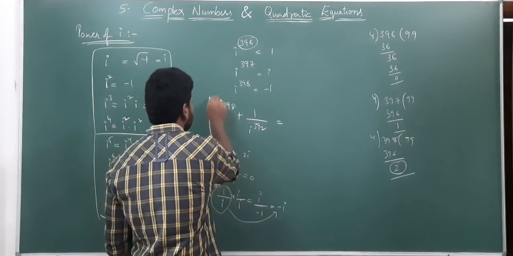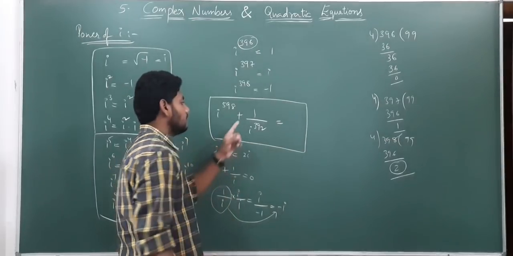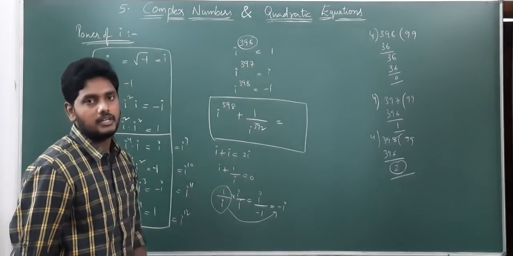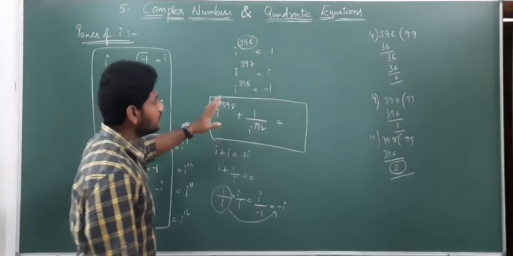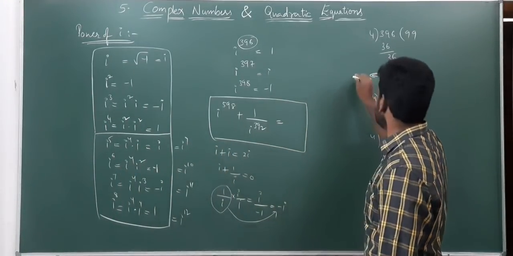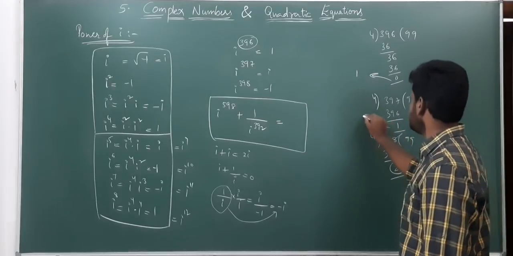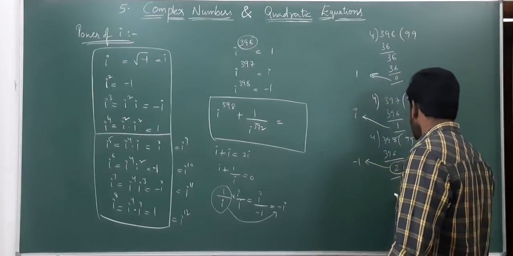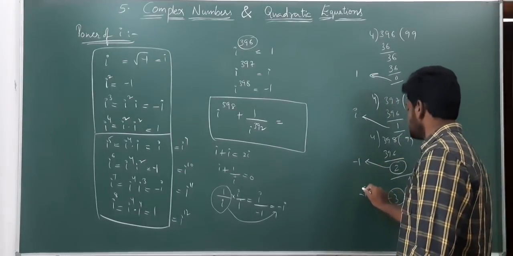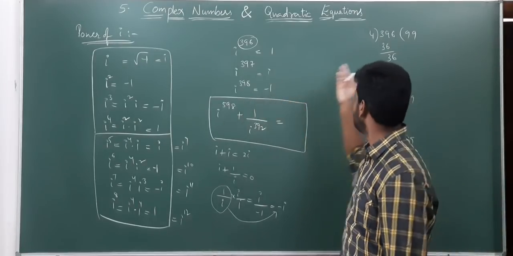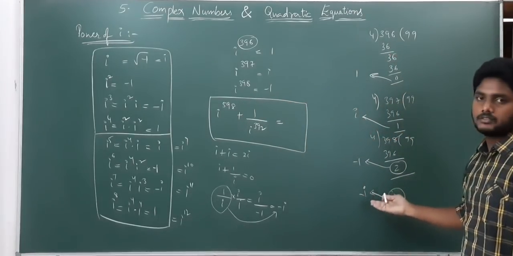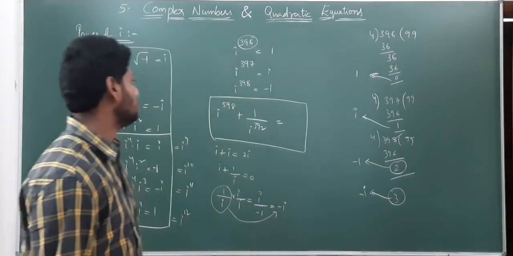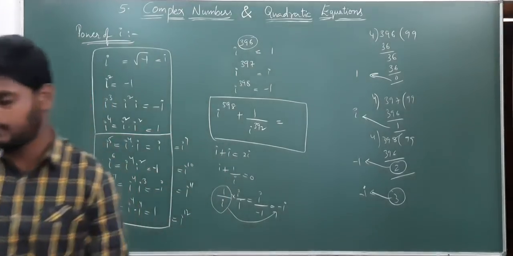So you simplify this, I to the power of 598 plus 1 by I to the power of 392, and that value you need to send through your comment in this video. Remember easily, if remainder is 0, that value is equal to 1. If remainder is 1, that value is I. If remainder is 2, that value is minus 1. If remainder is 3, that value is minus I. So whatever the power, we divide with 4, and based on that remainder we can write the value in a very easy manner. So pause the video to note it down. Send this answer through comment.